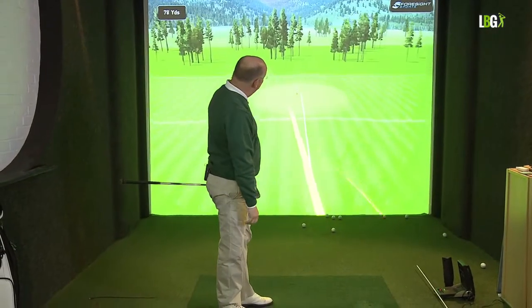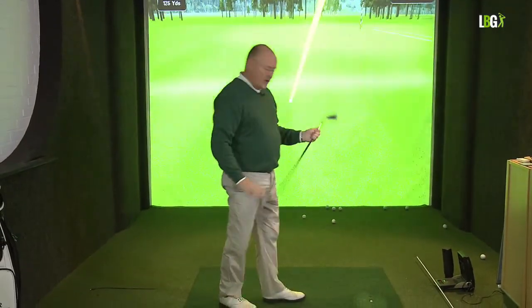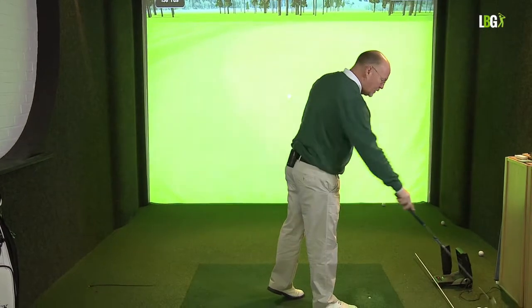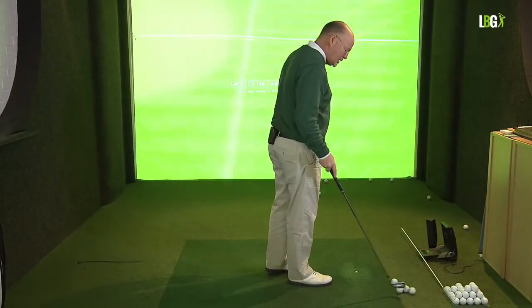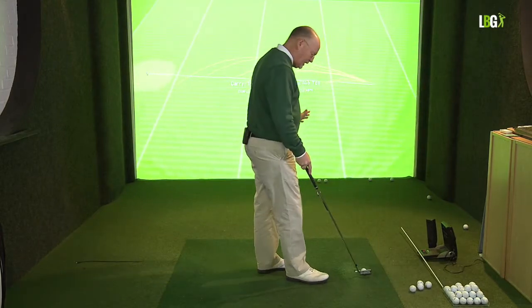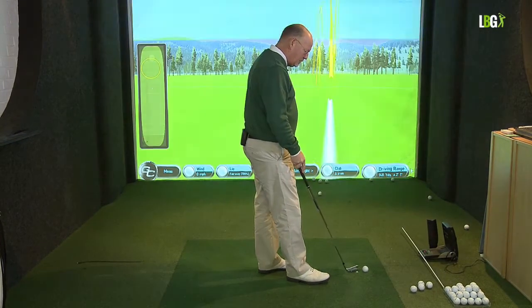You see the ball curving. Okay, so that's draw spin, top spin. It hits the ball strongly and makes the ball release. Good if the flag is at the back of the green. But let's go